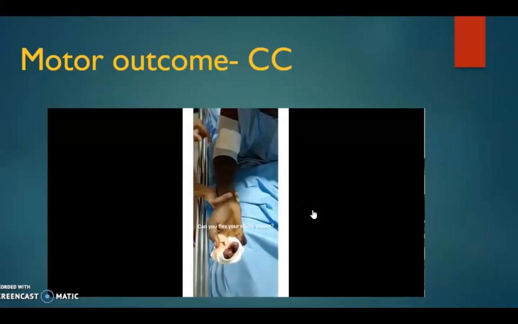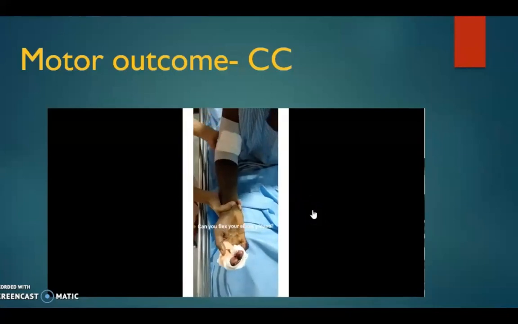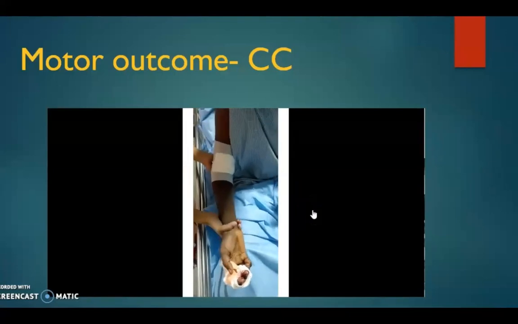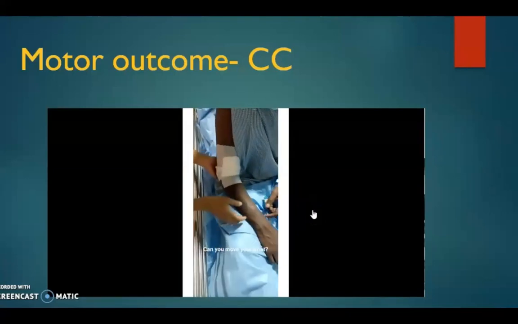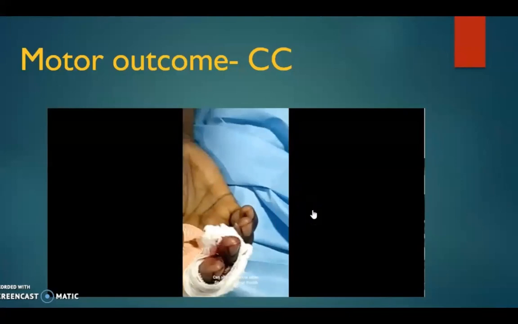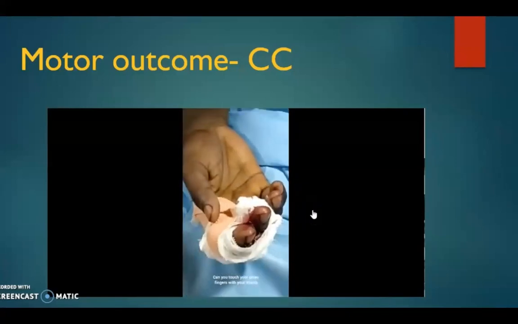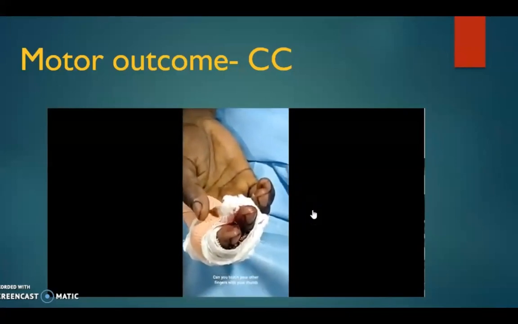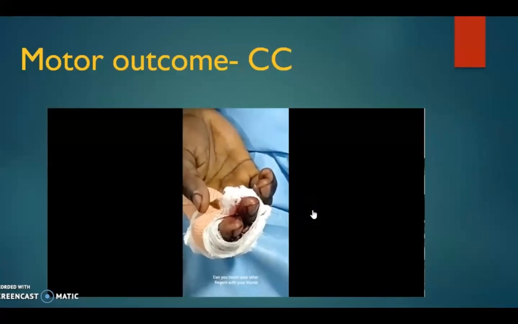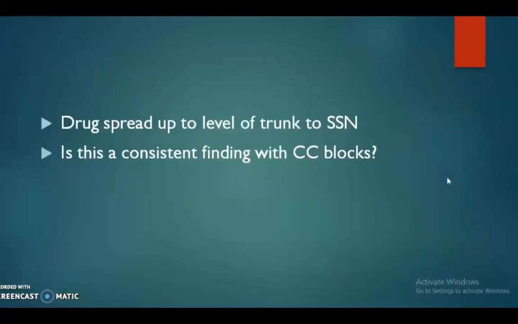He was not able to flex his elbow or move his wrist. Neither was he able to move his fingers. So the muscles of the forearm and hand were all blocked. The inability to raise his arm, even the initial 15 degrees, implies that the supraspinatus muscle, supplied by the suprascapular nerve, was also involved.